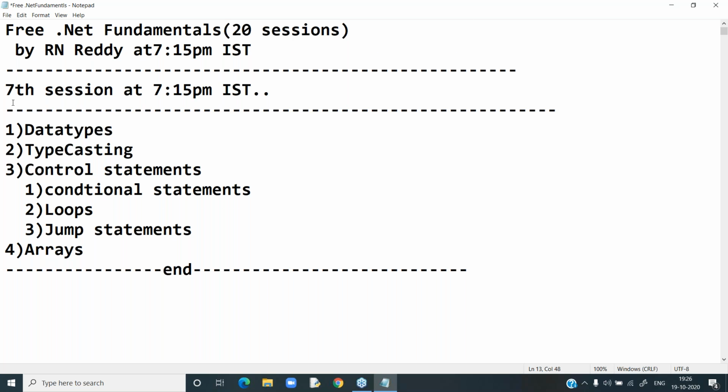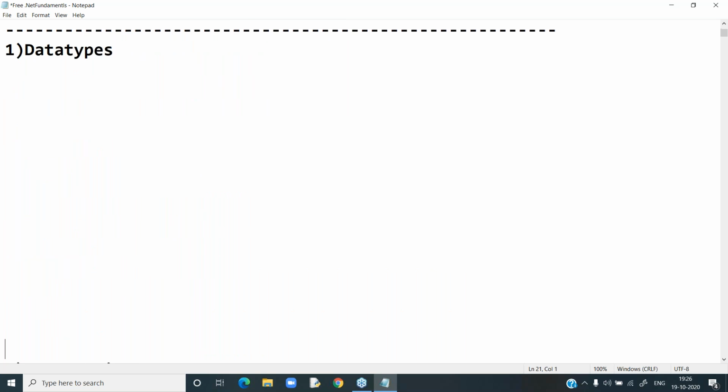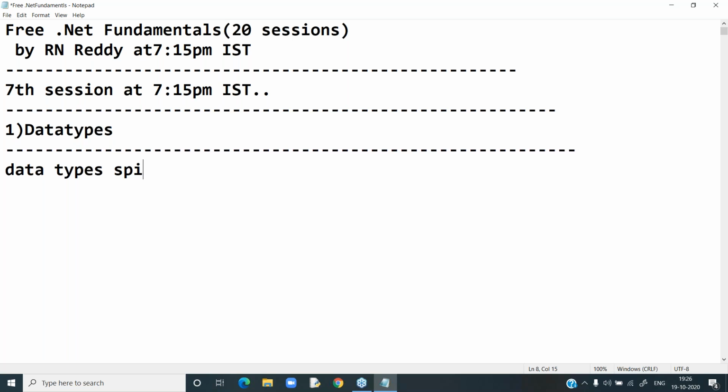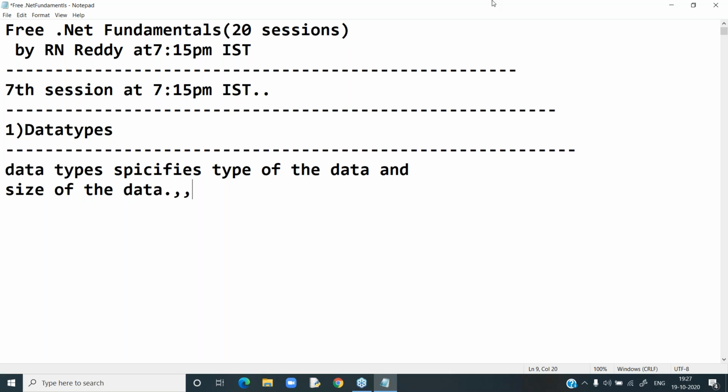Right. Okay. So now let's come back to our discussion. We will discuss a topic called data types. Data types means what? A data type specifies the type of the data and the size of the data. According to the type of the data,